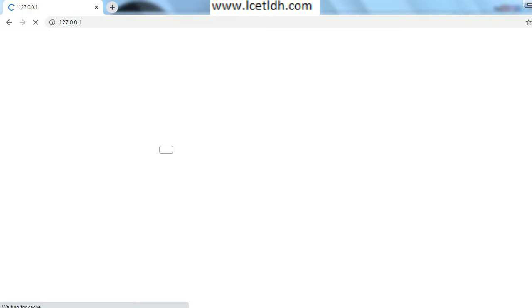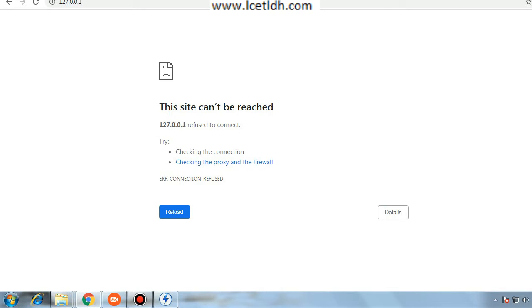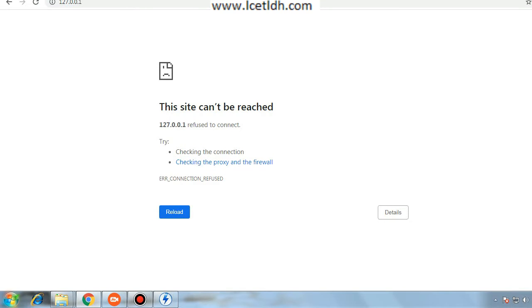If the IIS were installed onto your system, it would redirect you to that particular page. So with this error, "This site can't be reached," you can say the IIS is not installed. Now we will learn how we can install the IIS onto our system.